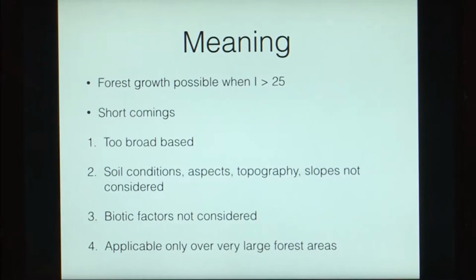So, here you are not considering the amount of fertility that your soil is having, whether it is on a northern or a southern aspect, the topography or the elevation and the slopes; these kinds of factors are not being considered. It also does not consider the biotic factors that are there. So, for instance, if your area is experiencing huge amount of grazing pressure or a biotic pressure, or if people are going into your forest and chopping down your trees, then the net amount of productivity that you will find in that piece of forest later on will be less, but this factor is not being considered in the CVP